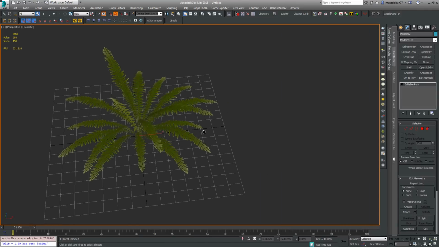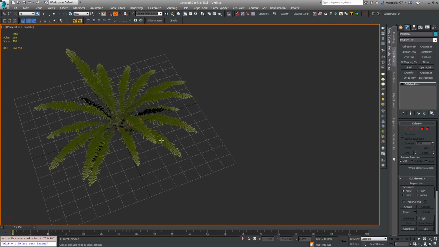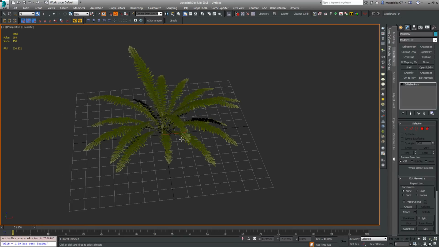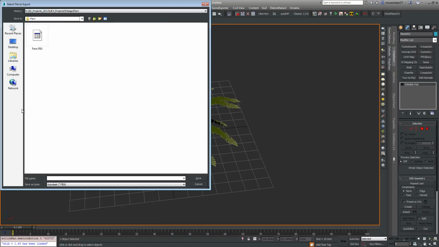So that's it, finished now. UVs are done, light map UVs are done, vertex painting is done, and that's pretty much it. So then you can just export selected, and I had it saved here earlier on. I'm just going to save this as